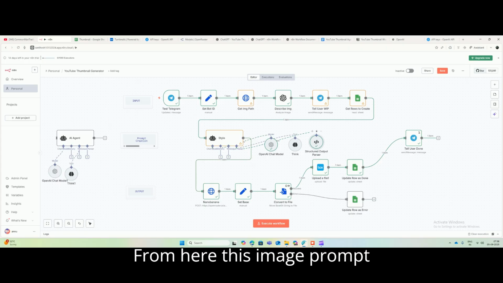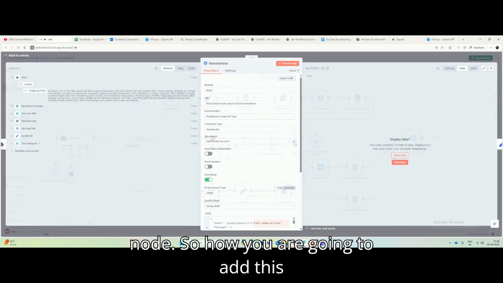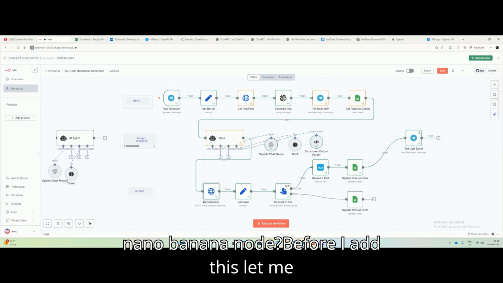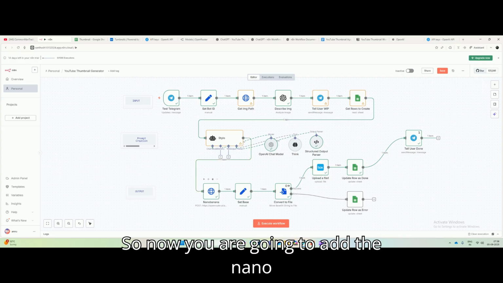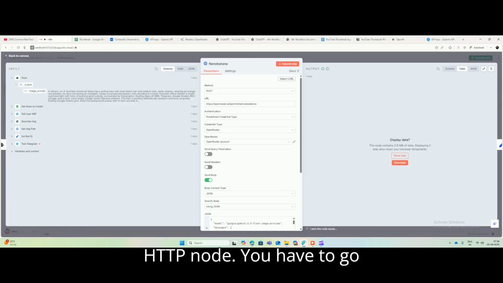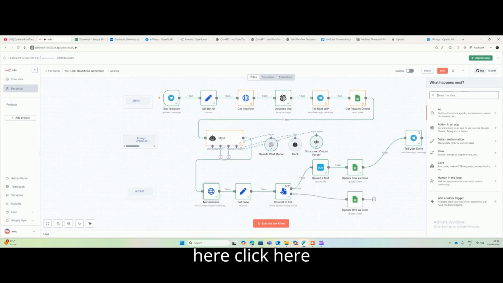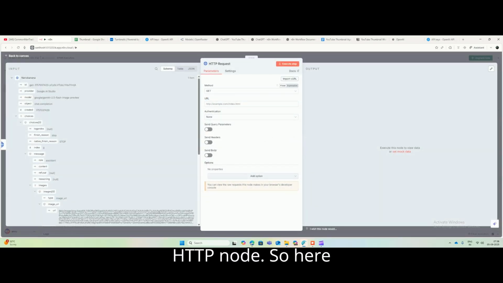From here, this image prompt you will be passing to the Nano Banana node. So how are you going to add this Nano Banana node? Before I add this, let me delete this. So now you are going to add the Nano Banana node, which is an HTTP node. You have to go here, click here, HTTP node. So here the request is POST,